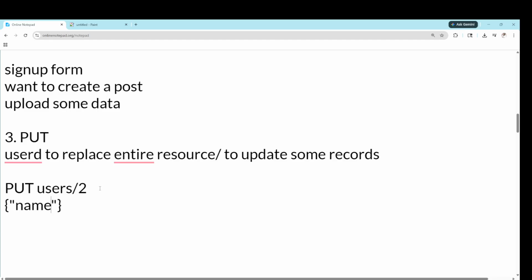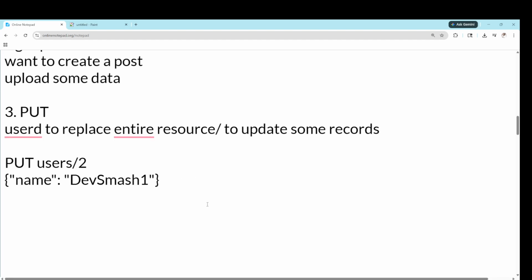You want to update the name, say from dev smash to dev smash 1, okay. You want to update the name from dev smash to dev smash 1. So in that case, you will use the put method, okay.